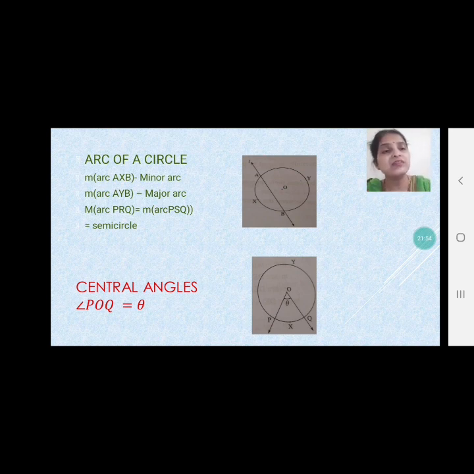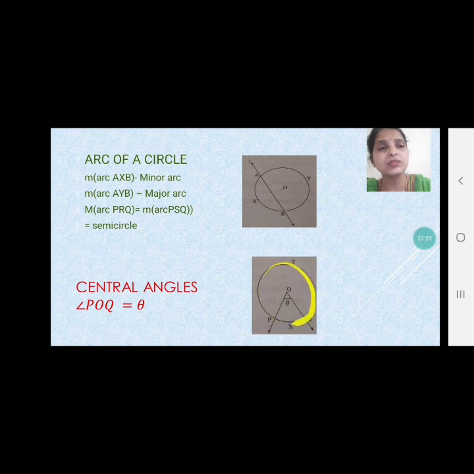Now this central angle gives the measure of the corresponding minor arc. So angle POQ is equal to measure arc PXQ, right? So measure arc PXQ is equal to theta. Now this is the minor arc. What is this arc? This is measure arc. So if I have to find out the measure arc,